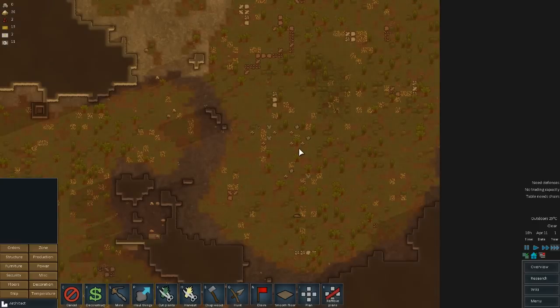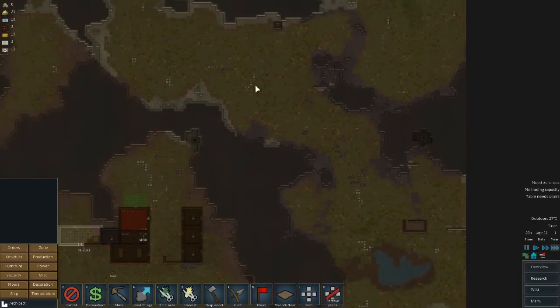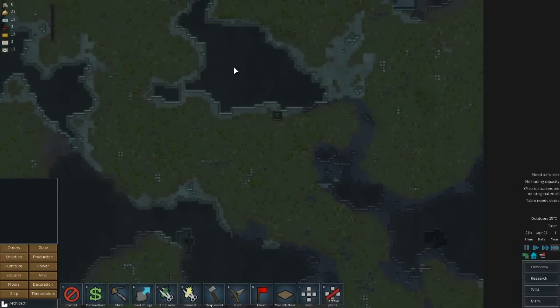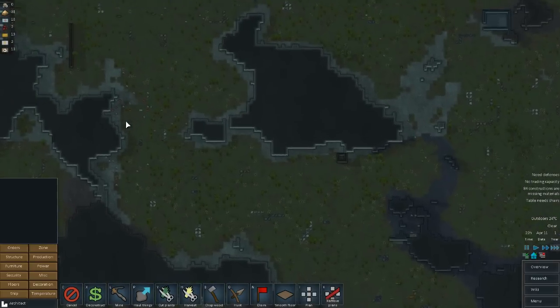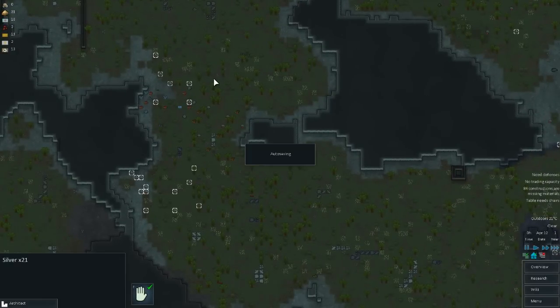Drop pods, but I didn't hear them, so yeah, they're way off there. Not very useful. You just want the ones that are relatively close to access. I do kind of want to collect all the silver that I've got up here now, though, but I don't have a place set to put them anyway, so...